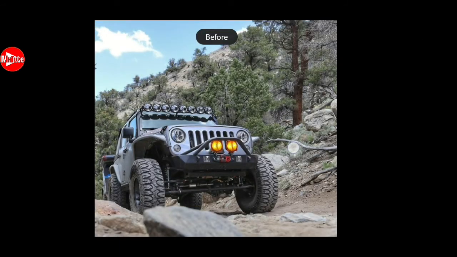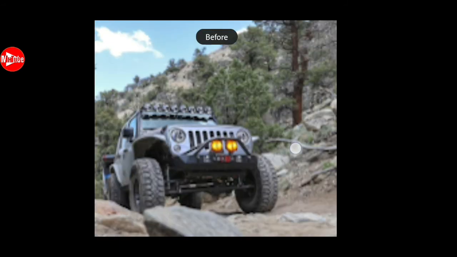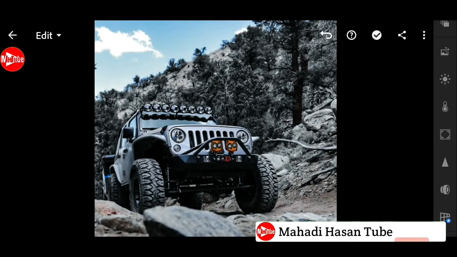Editing finished. Now you can see the difference of before and after using this filter,